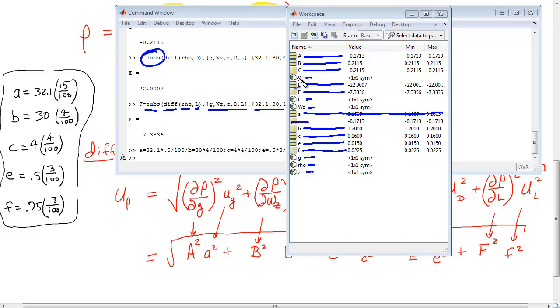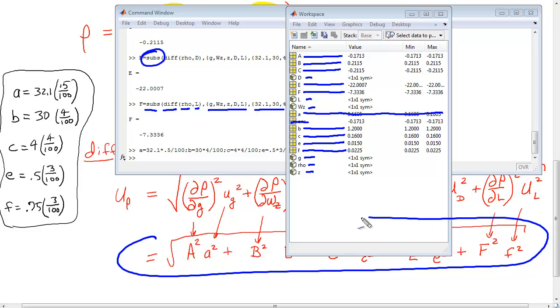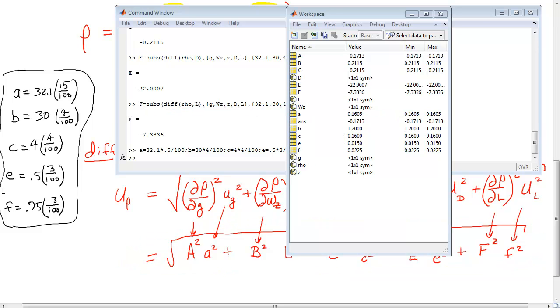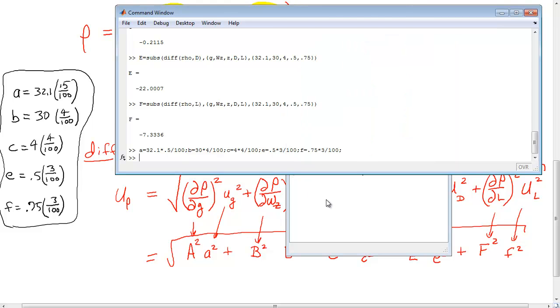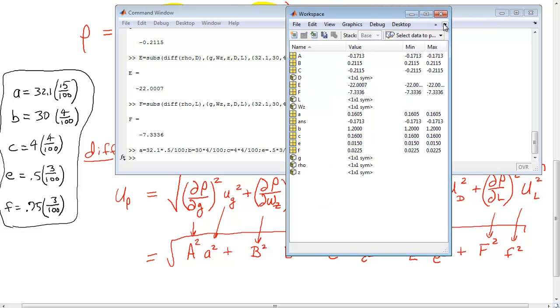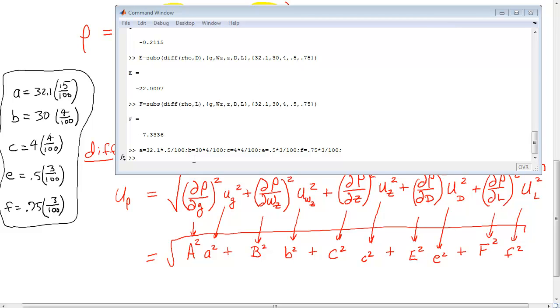And at this point, I can go in here and figure out this term right here, this big square root here. Fairly simple to do. And let's go into this. I'll get rid of this workspace for a moment, I can go back and get it. So what is the uncertainty in row? Square root of capital A squared times little a squared